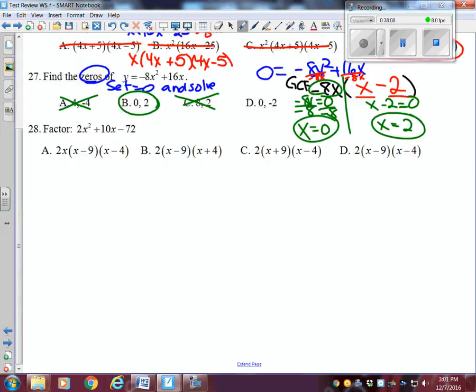Last one, let's drive it home. Let's get ourselves ready so we can knock this quiz tomorrow, knock this test tomorrow. All right. First thing I'm going to do is see if I can factor GCF. Always look for GCF first. Looks like they can all be divided by 2, but that's it. 2 is the only thing I can divide. So I'm going to divide out of 2, divide out of 2, and divide out of 2, and write what's